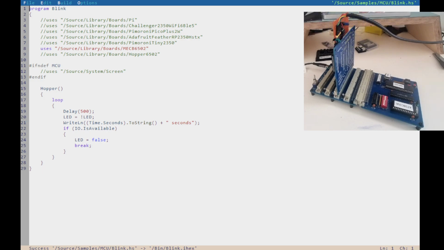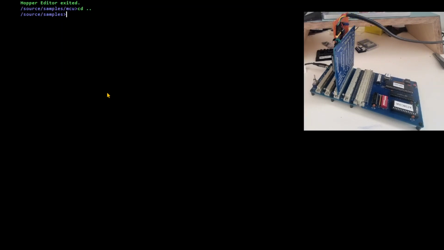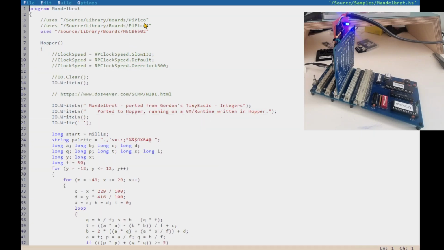I can rebuild here. Oh, and yeah, I'm now building for boards. I think I was already doing this. So the way you make a Hopper program work on a board is you simply do that. Use the correct board. And this is also, just the same way I was doing a Pi Pico or Pi Pico 2, I can build Mandelbrot for the MECB 6502. So if I build it here,